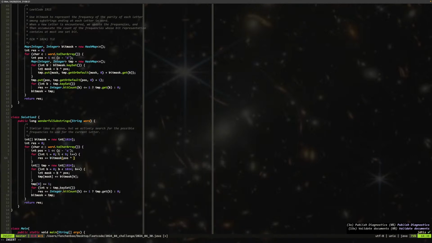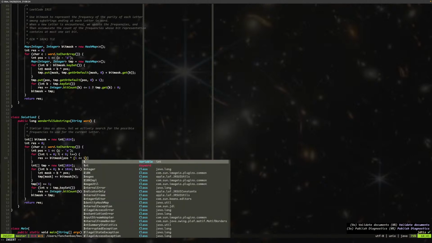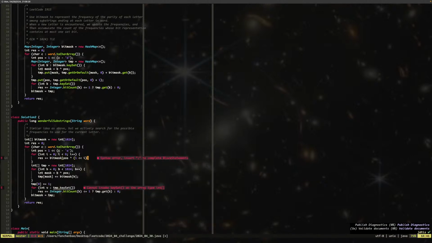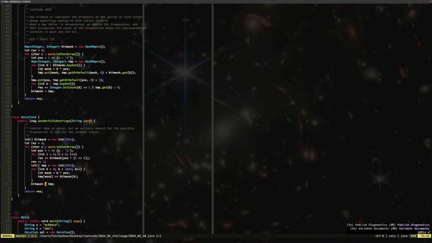Exclusive or 1 left shift i, right? 1 left shift i. And then rest always plus equal 1 because I have the current one. And now we do this, then we do this. I don't have to do this, right? So each time I have the previous frequencies and I do exclusive or for the current, right? For the current, and